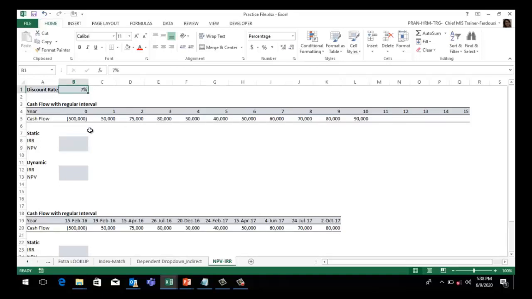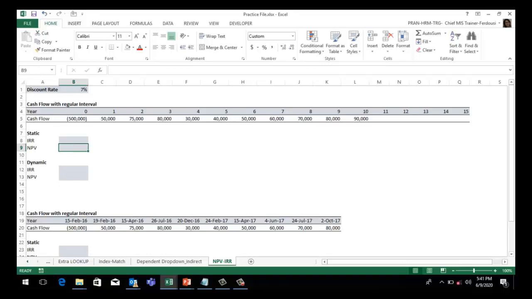In other words, if I put 5 lakh taka in the bank, I get a 7% interest rate. Which one would be better? If I invest this amount, the cash flow will be like this. Or which one would be better if I put money in the bank at 7% interest? In this scenario, we can use the NPV function to compare. If the result is positive, it is better to invest money in the business. If the result is negative, it would be better to put money in the bank.